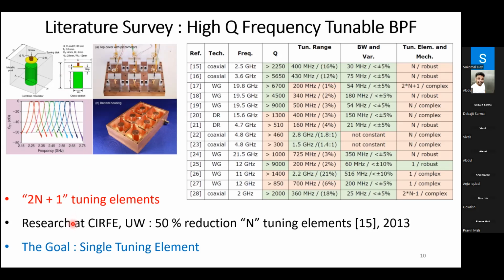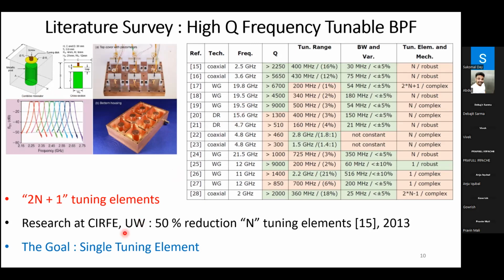So this was a big step, and a lot of industries approached them. For example, Huawei approached them to make tunable bandpass filters for their base station applications. And the satellite industry was also interested in getting this for their on-orbit flexible radio in 2013, remember. Then in practice, when they actually wanted to build a control system for this, it became extremely challenging to control these 6 motors and still maintain the same response. So that practical challenge was blocking this idea from going from the literature to the product.